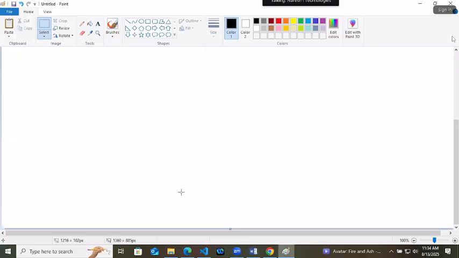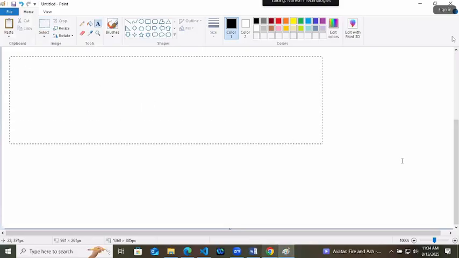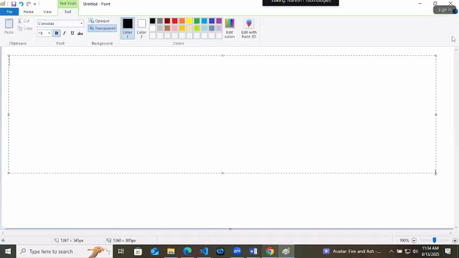Here we have events of keyboard also. Commonly used events of keyboard. The first one we have is key down. Whenever you are pressing the key down. Then again you have key press. What is the difference between key press and key down?